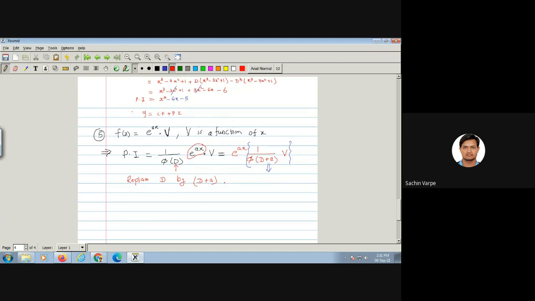Is this clear to everyone, the formula? Hello, hello, mic check. Yes, sir. Good. Or if you want me to prove this formula, I can prove it. I don't want to waste the time, but if you want, I can explain the proof also. That is very easy by taking successive derivatives, like D of e raised to x into v, then D square of e raised to x into v, then D cube, and then you can generalize, you will get the same one.